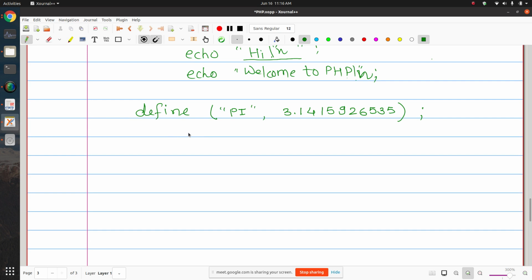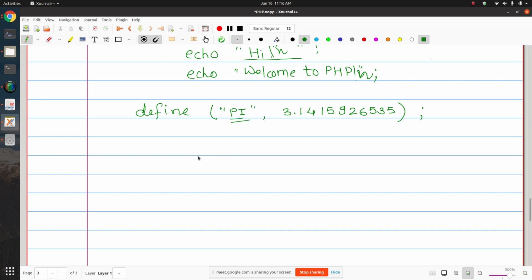Usually you put this line at the beginning of the script, though it is not necessary. This is the notation where you define a constant. Now in your expression you can use this pi as a constant.